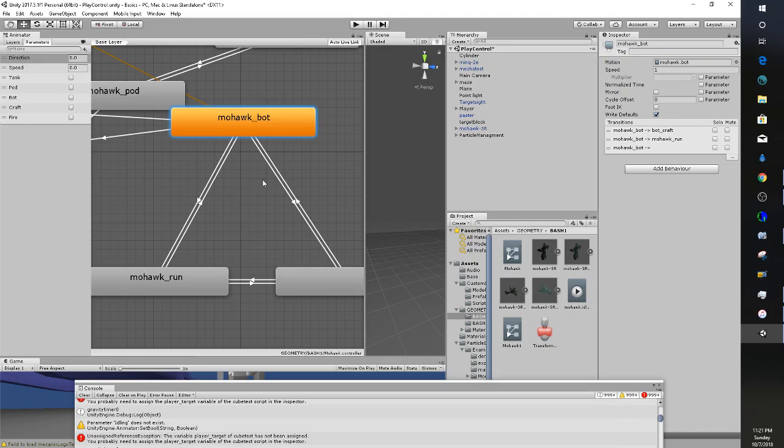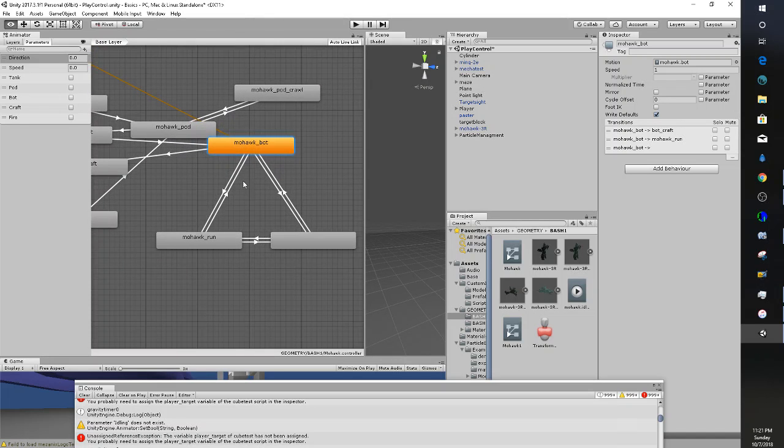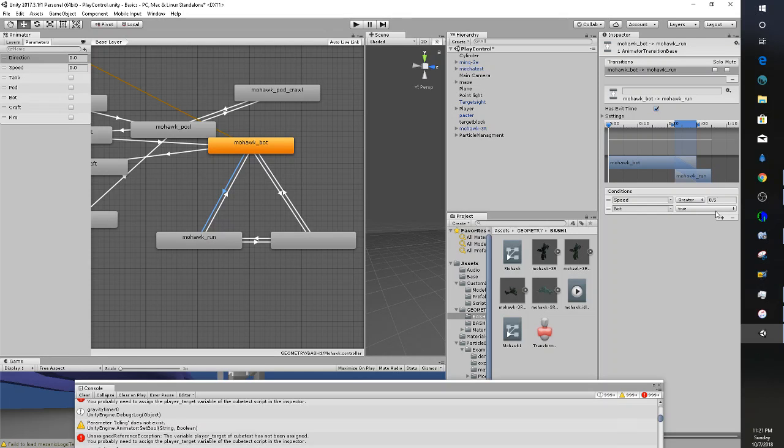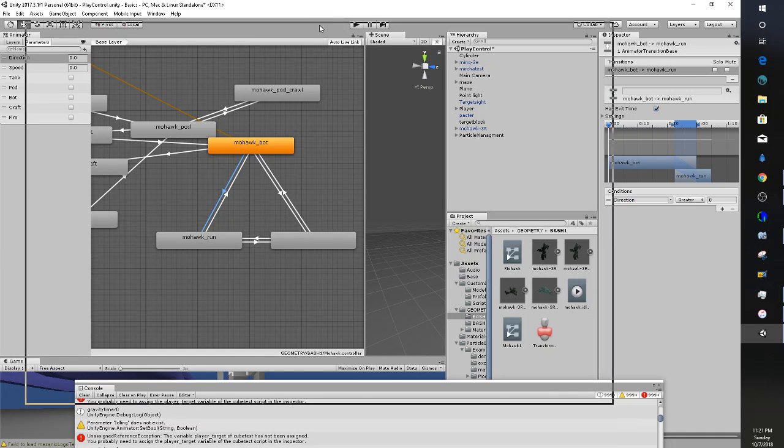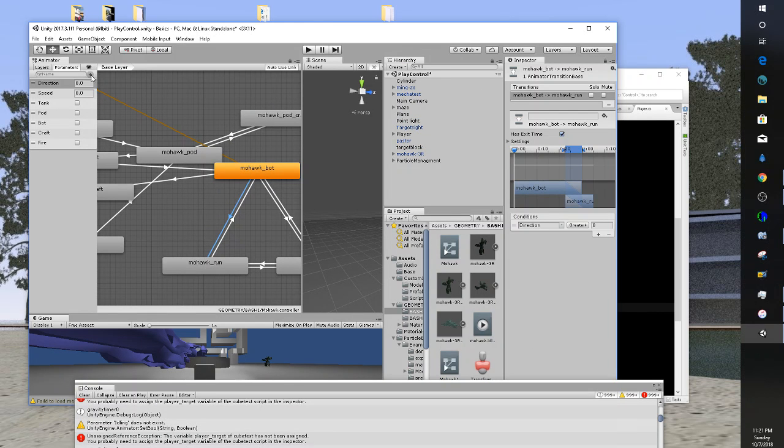Okay, so the first thing it says is it goes to this bot, which is an idle, and I have it set to run, and I'm going to maybe just play around real quick to see if I can delete these parameters and get it to go into an idle. And what I have is actually this one has a whole different set of parameters to it. And I'm going to add that same idle logic here so that it'll be able to talk to this script. So I have an idle now, and if I go to idle and I say if idle is true, run,